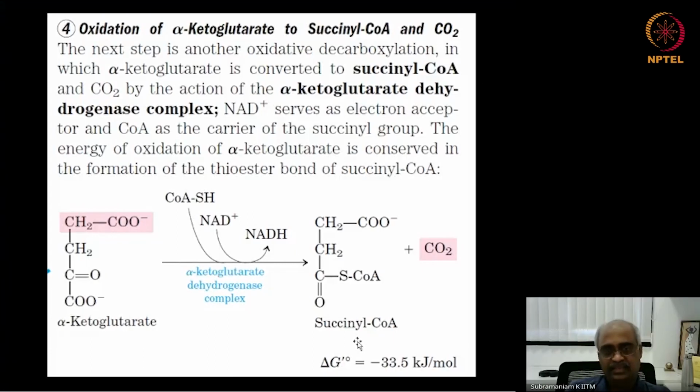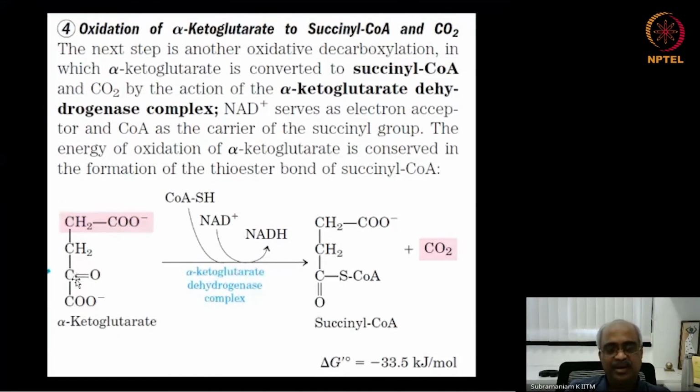And the next again is dehydrogenation and decarboxylation. Quickly we have lost both the carbon dioxides, you see, but they are not coming right away from acetyl-CoA. For that we have to go through 1 full cycle. So here this alpha-ketoglutarate to succinyl-CoA is identical to our pyruvate dehydrogenase complex. Okay, so there again we had an alpha keto acid. Pyruvate had a carbonyl group and a carboxyl group, and there again